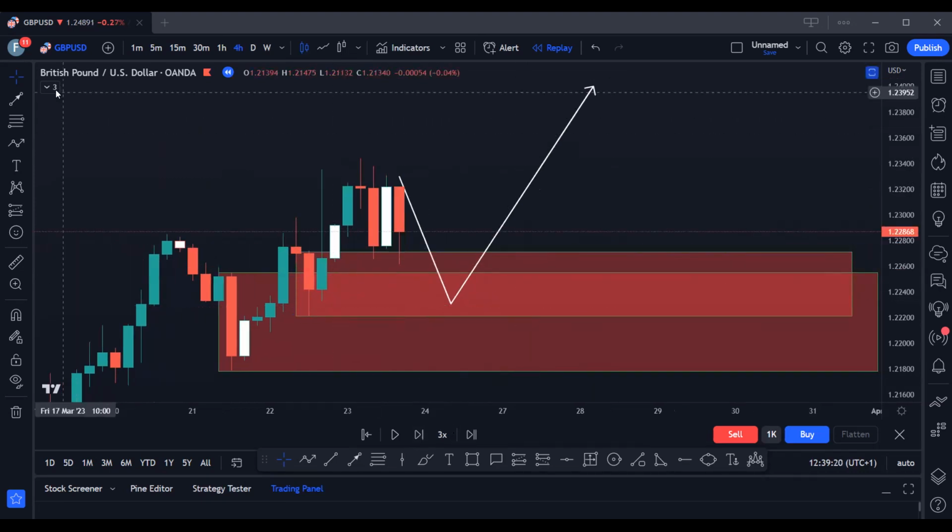So perfect. As you can see, let me remove my indicator. As you can see, price tapped into this zone. You can see this bullish candle. So you can see a rejection. So this alone confirms that, okay,